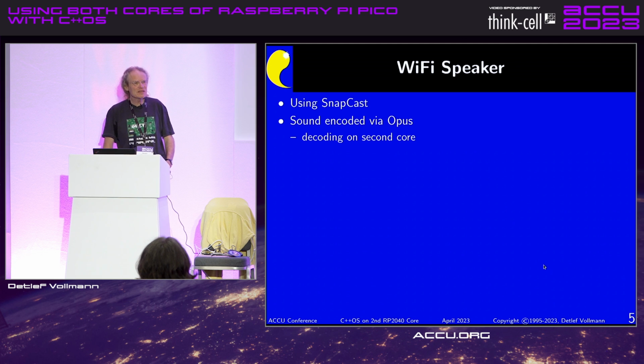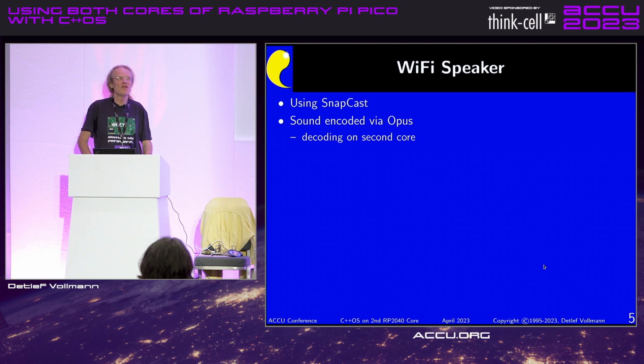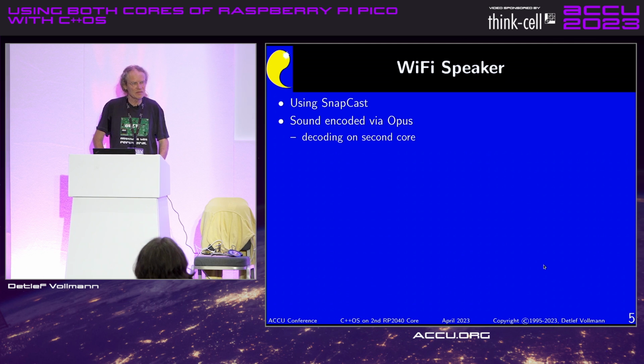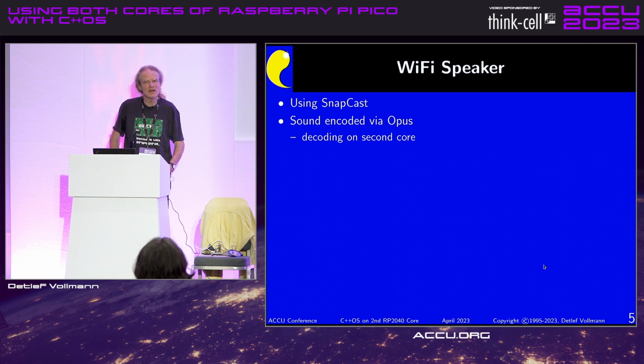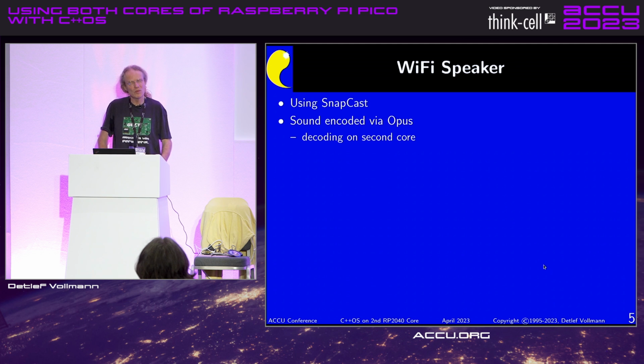And the sound comes encoded. It can send Ogg Vorbis and some other thing, PCM, not decoded. And you can send Opus. And when I looked at all the decoders, I thought, well, for small systems, the Opus decoder would probably make more sense. And as that is a lot of work to do, the sound decoding, I decided to go